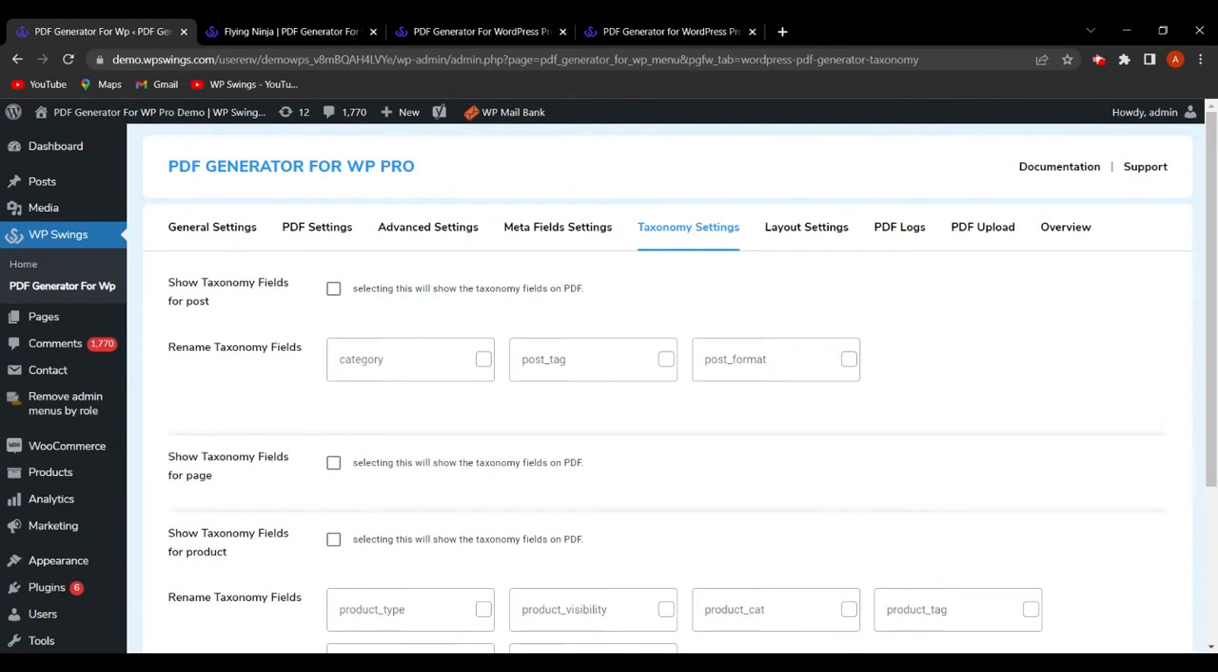We are on the taxonomy settings. So in the pro version plugin of PDF, the admin will get a dedicated tab for the taxonomy settings, which includes showing the information related to the categories, tags, shipping class, and much more for the post, product, and pages. So here, as you can see, if the admin wants to show the taxonomy fields for the post,